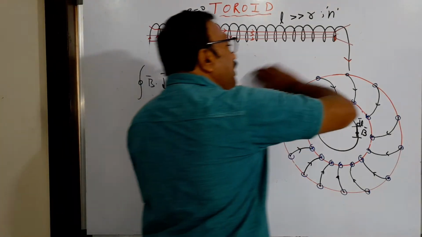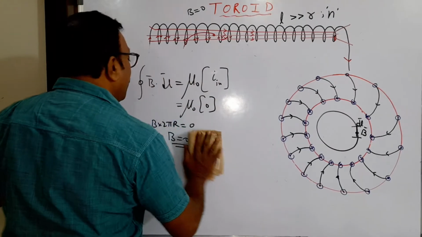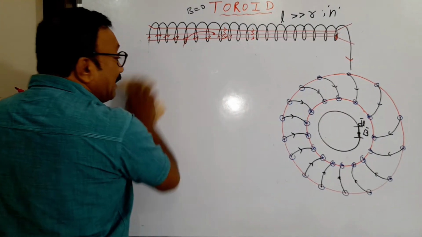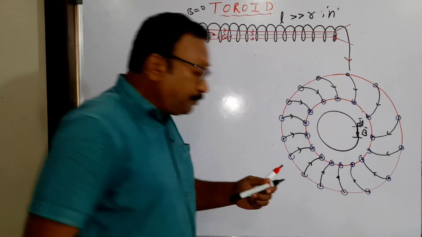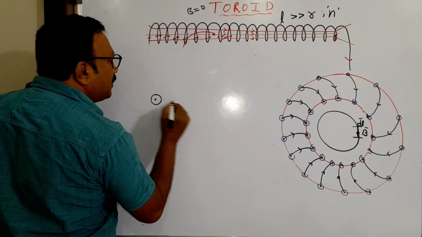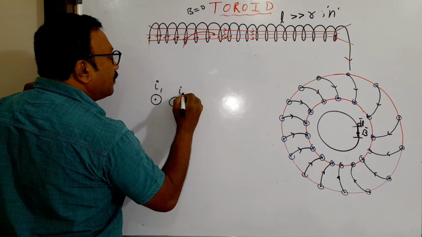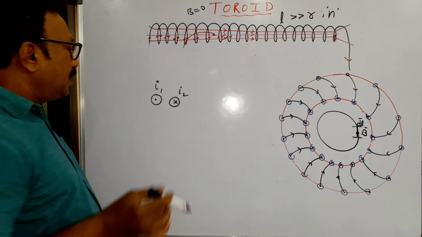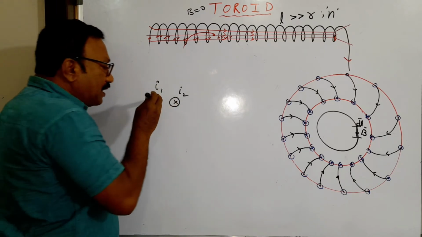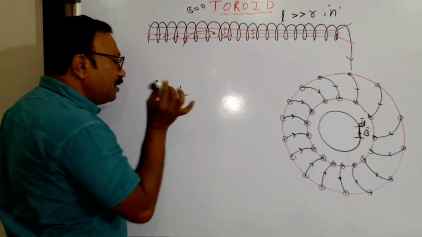Now I will prove here there is no magnetic field. Let me prove that also. So what I do now? Before going to that, again I have to discuss one point regarding Ampere's circuital law. See that. I am taking two currents now. One is current I1, outward current, I2, inward current. There is a wire in which the current is flowing outward. There is another wire, current is flowing inward.